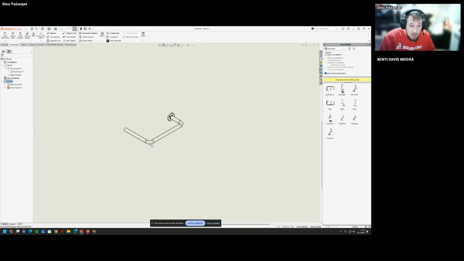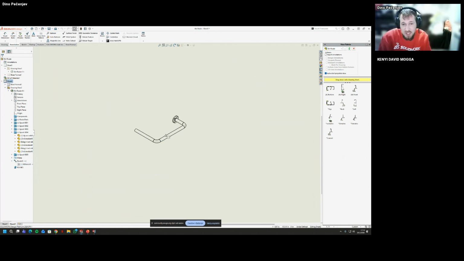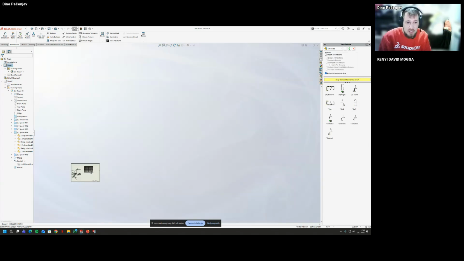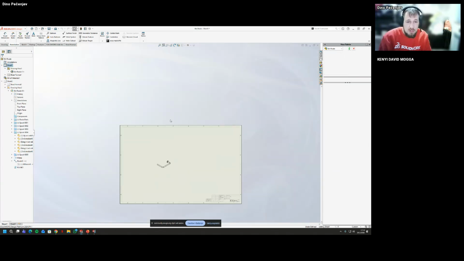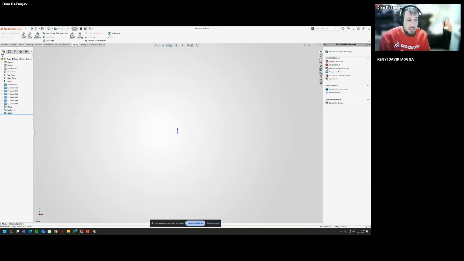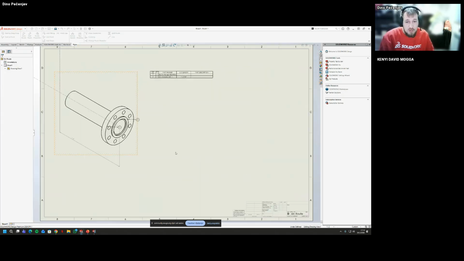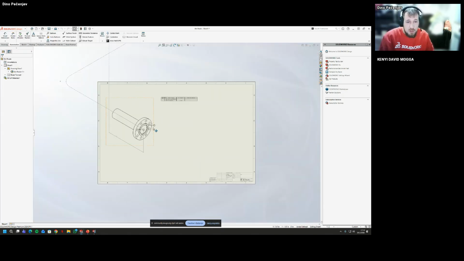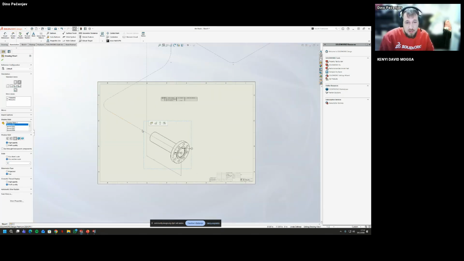It actually, this is the part of the sketch, so I would need to show the sketch. I can just hide the segments so it can use the sketch. But when we're creating the drawings, I can just save here, save default location, and it's just a regular SolidWorks drawing now. And let's say I want to use a pipe drawing, and I'm going to use the spool, the different one. So I'm going to put this one. So now I have the whole thing, but now I can just like